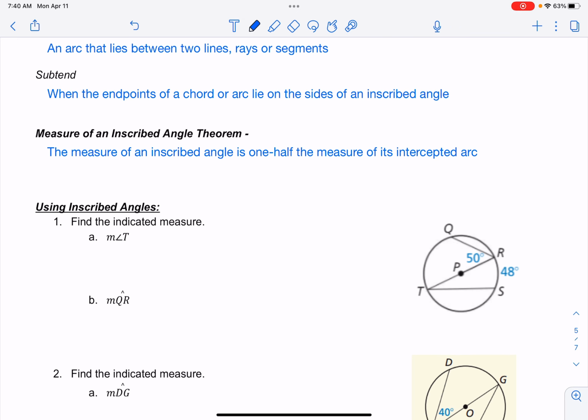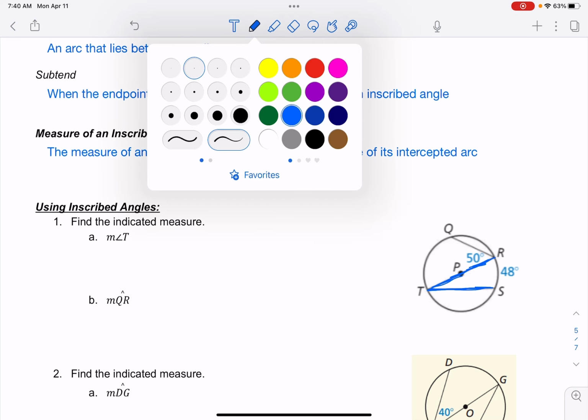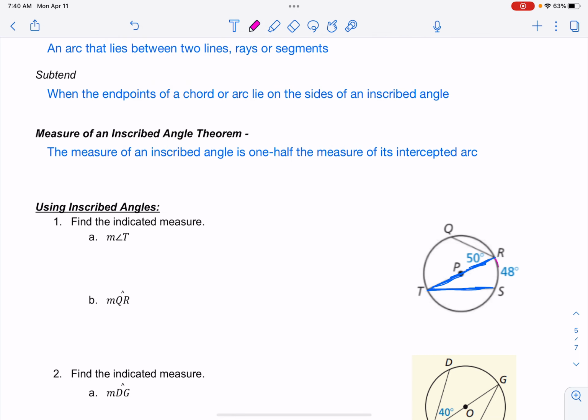So now we're getting into some examples, and we need to find the different angle measures. So the first one we need to find is the measure of angle T. So angle T is this angle right here. So that angle actually extends all the way out, right? So it goes all the way to here and all the way to here. So then what you take note of is this